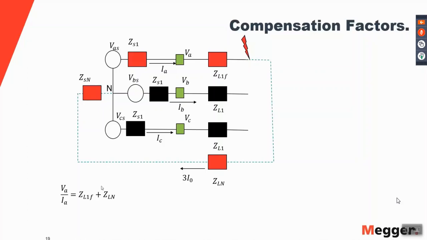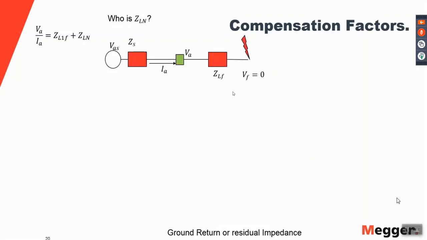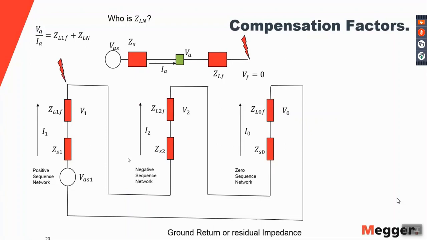Now, how do we do that? Well, we are looking for this guy here. We don't know what the value of this guy is. So what we have to do is use the sequence networks. We have to decompose this system into its sequence components. So we have to determine who this guy is, and for that we are going to use this single line to the point of the fault, and now we are going to use the sequence network equivalent